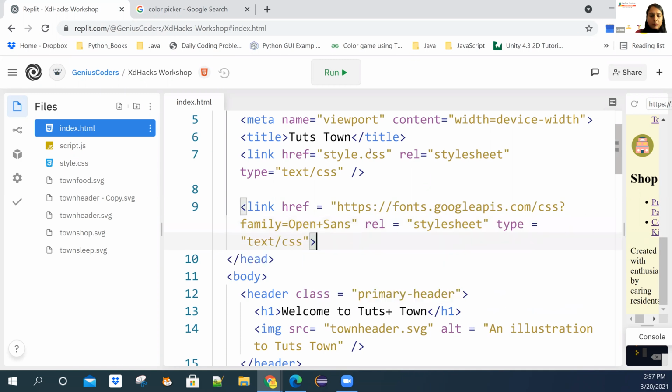So this is pretty much similar to what we have talked about for the style.css. This time you're referring to that font style that we need to add, and the relation and all that is still the same. It is through the CSS. And now once you have this thing,